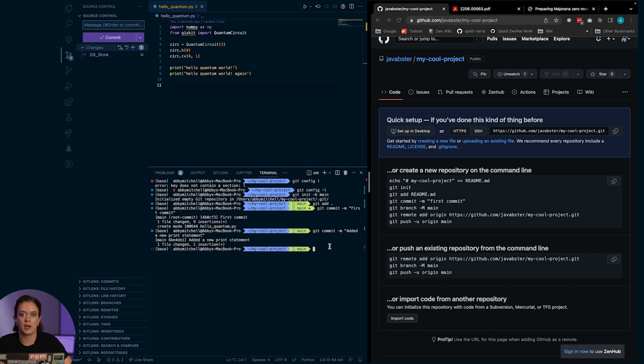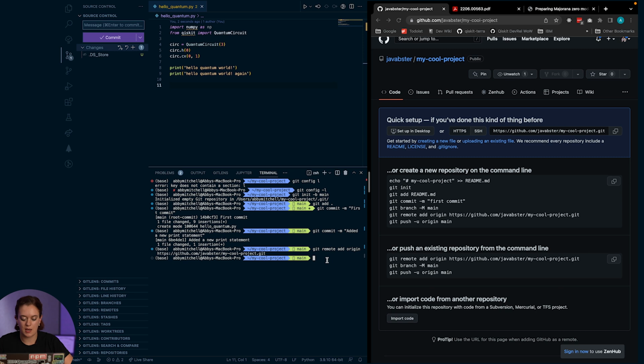So to do that, I'm going to write a very simple command called git remote add origin. And I need to copy this link here that GitHub nicely shows you. This is the address of your GitHub project on the internet that we want to connect our local project to.